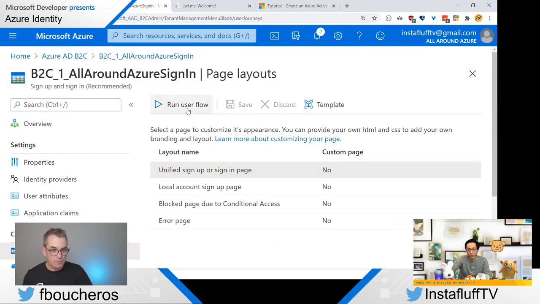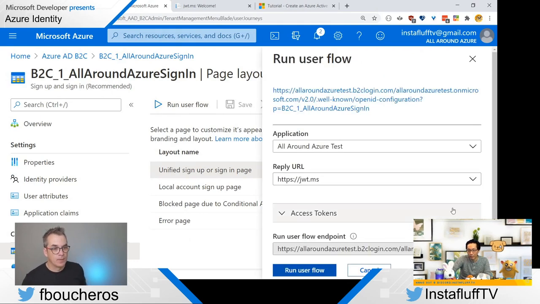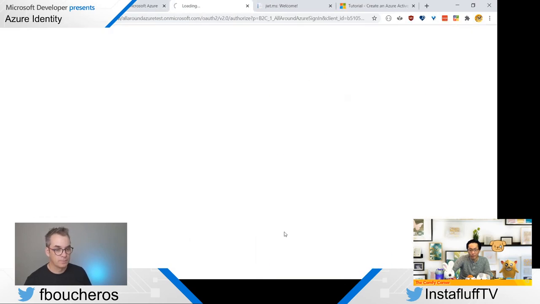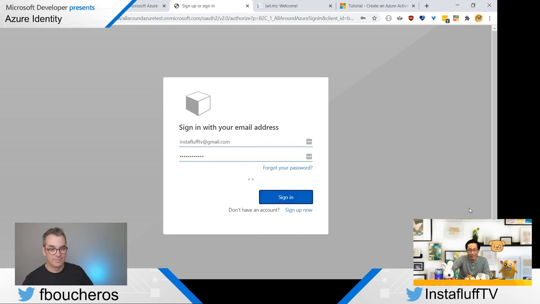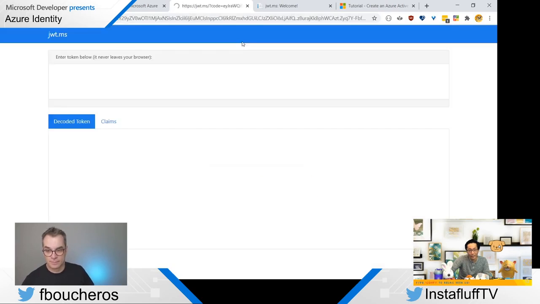And so I'm gonna try this again because the reply URL is supposed to be that one, and I'll run test access tokens. Okay, I'm gonna try run user flow. Look at that, it's different. Oops. Oh. Yeah, now before it was the blue one, and now it's this. And you have, this is the default logo, but we didn't upload a logo. And so let's try sign in, and I wonder why the JWT isn't decoding my token right.